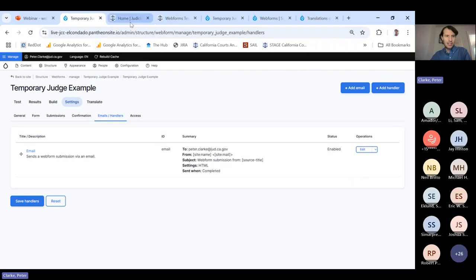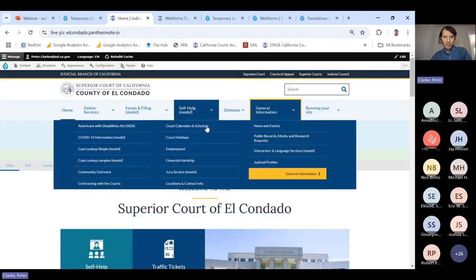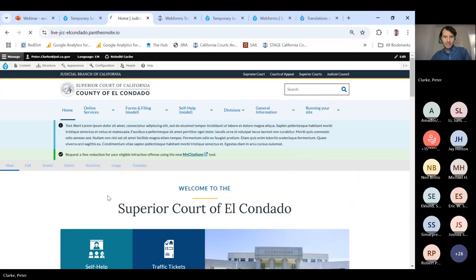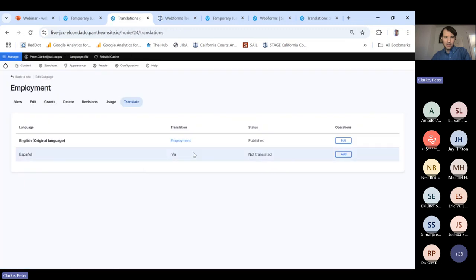So maybe this is actually going to be a good example. If I go back to El Condado, let me go to a page that's not translated. This will be, I think, super clear. I'm on their employment page here. If I click translate on El Condado, you'll see that Spanish is not set up. But if I click add to add the Spanish variant,